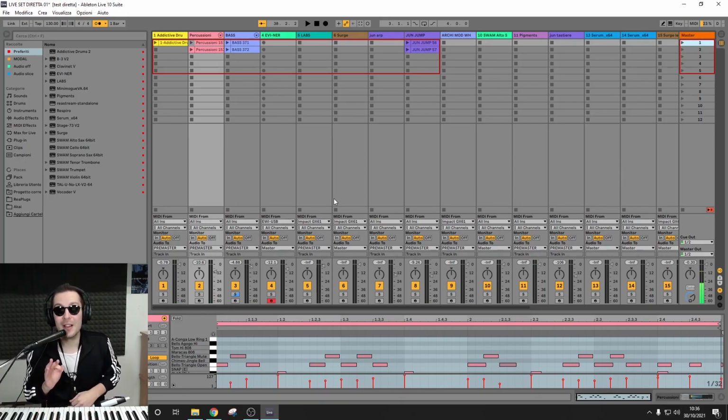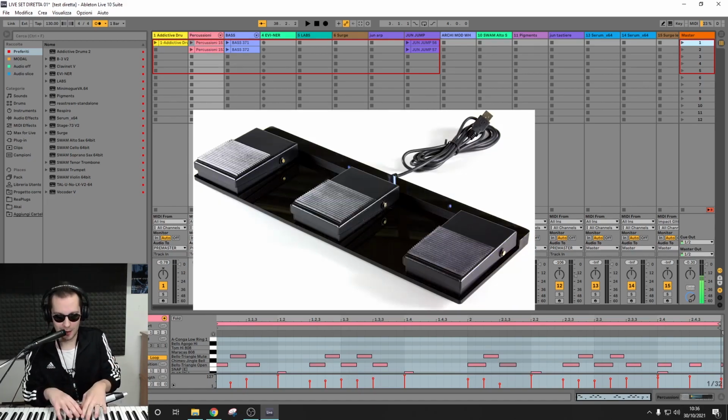This is because when I learned about the USB pedals from China, I found out that you can order a single pedal, or you can order a set of 3 pedals all together with a single USB port, so that you can have 3 pedals. You can program them to press any button of your keyboard. So that now I have 3 pedals on my right foot, which are used to press the